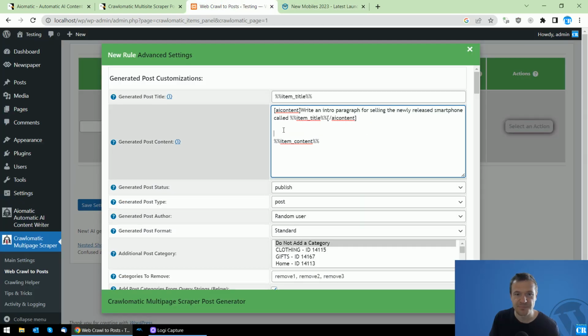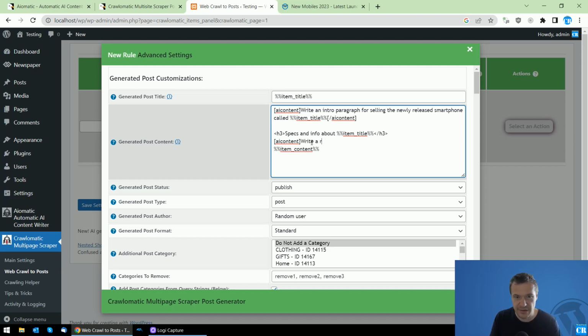Okay, now we can open an h3 tag and write specs and info about, and we can get also the smartphone name using this little shortcode. Don't forget to close your h3, and now we can use another AI content shortcode to go into Aimogen and tell it to write for us an example description. And let's write